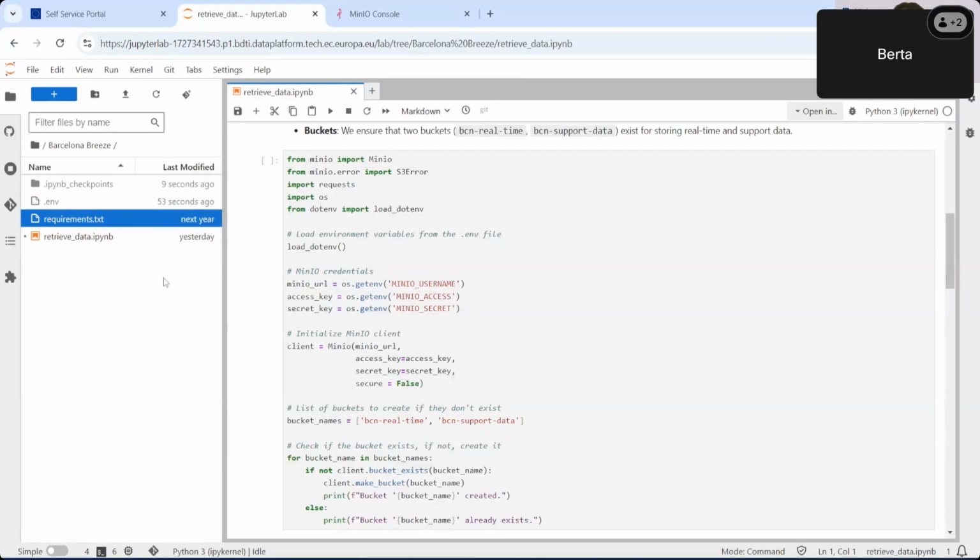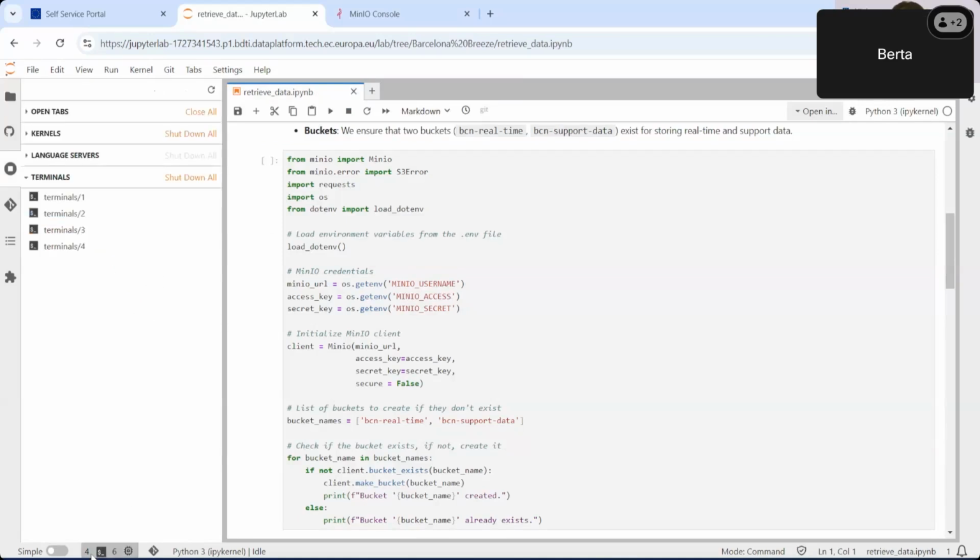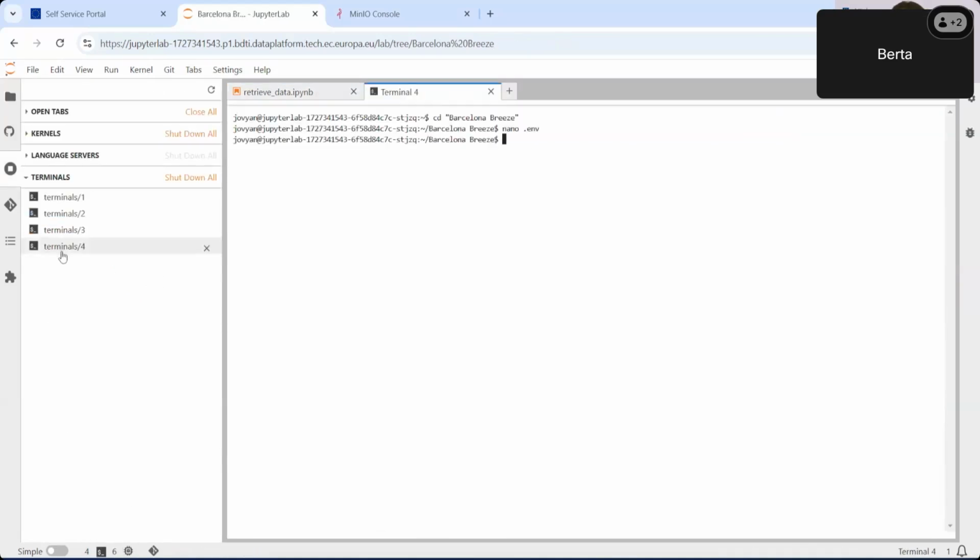Now we'll go back to the terminal. And from here, run pip install. Again, this will make sure that all the requirements are met, and if there's one of the libraries that we don't have, it will install it for us.